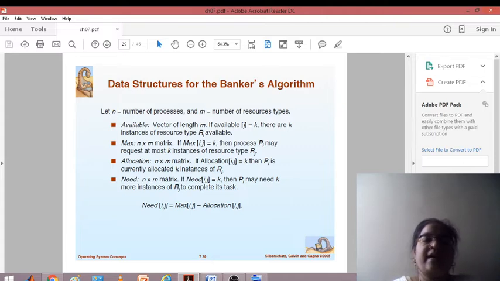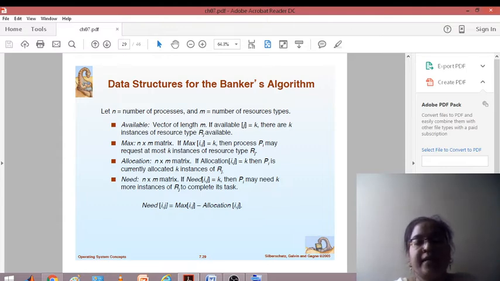Similarly, we have the Allocation matrix, an n cross m matrix. If Allocation[i][j] is equal to k, it means that process Pi is currently allocated k instances of resource Rj. So the Max matrix is saying how many maximum it may need, and the Allocation matrix is saying how many current resources of type Rj are allocated to a process Pi.